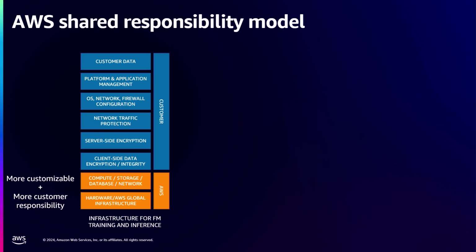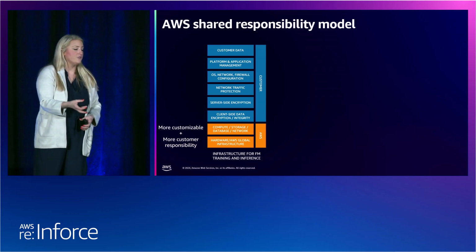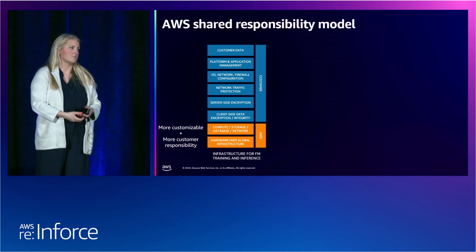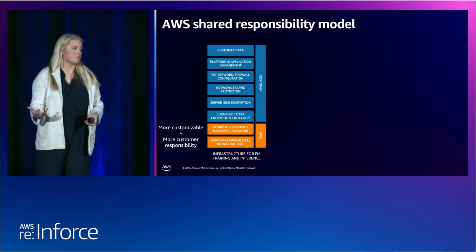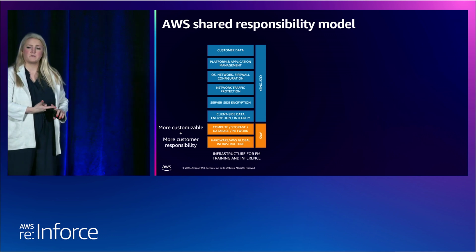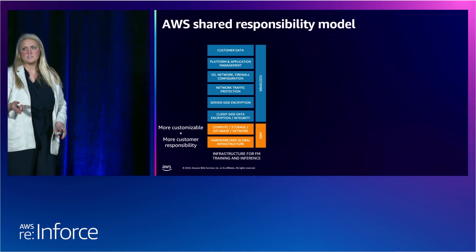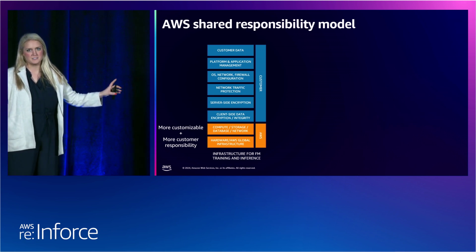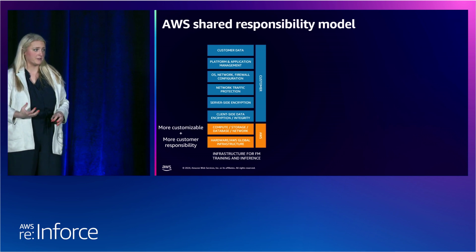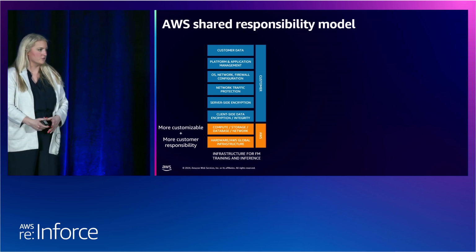Hopefully if you're here and this is a 400 level talk, you're familiar with the shared responsibility model. But what this means is that in the last scenario, you would be responsible as a customer for the most. Just as with an EC2 instance, if you're using that as a file store, you're responsible for the most. So you'd be responsible for things like the operating system, patching. If you have access to it, generally that's what I tell customers, you're responsible for configuring it properly. Same thing is true with generative AI.